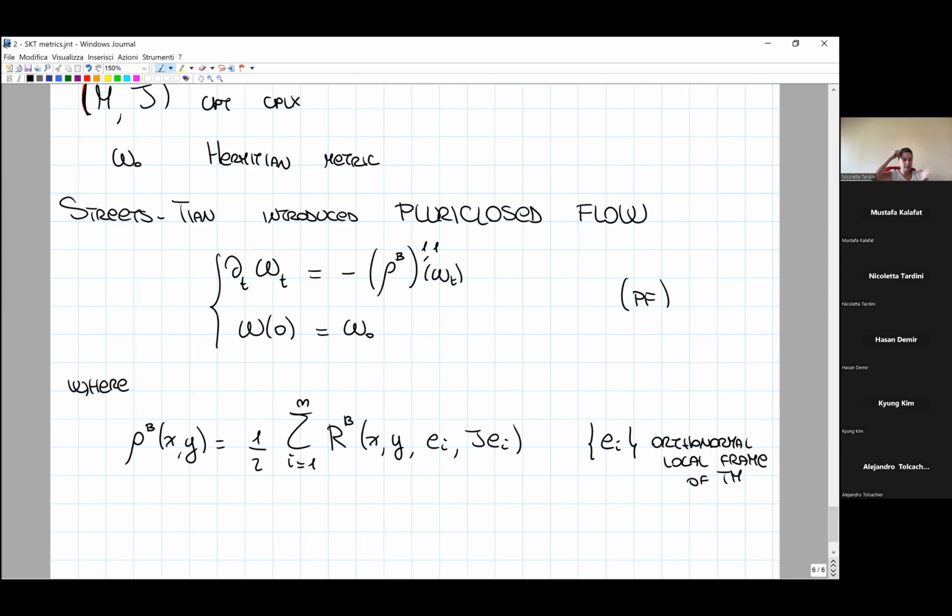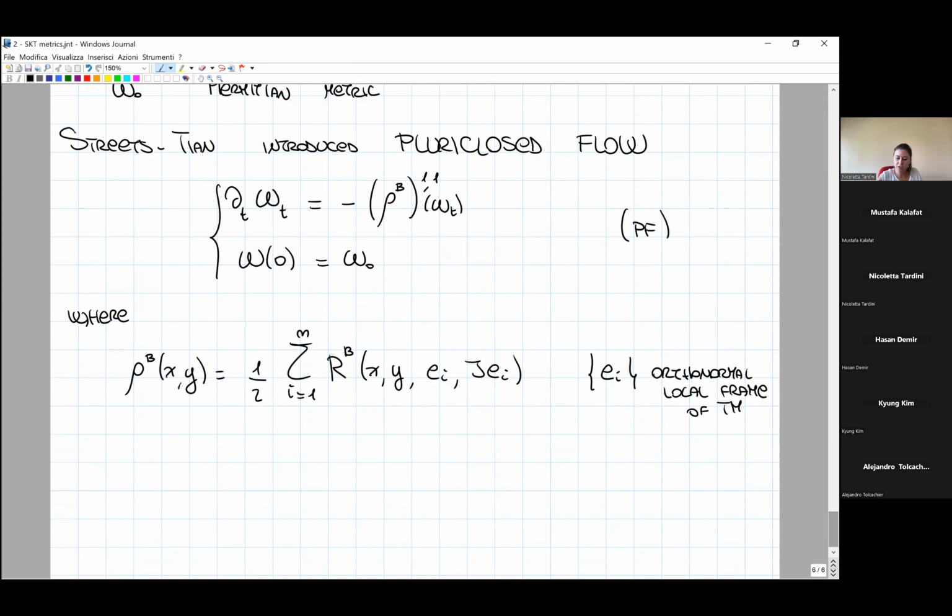Okay, we are tracing the curvature of the Bismut connection. So this Rb is the curvature of the Bismut connection. So it's defined as x, y, z, w is the curvature tensor. So g of,